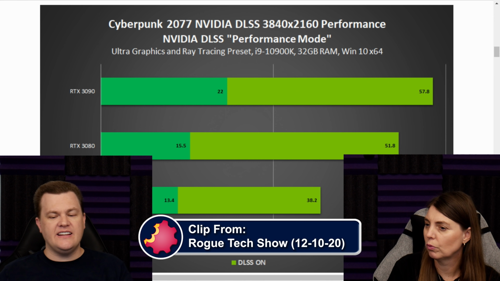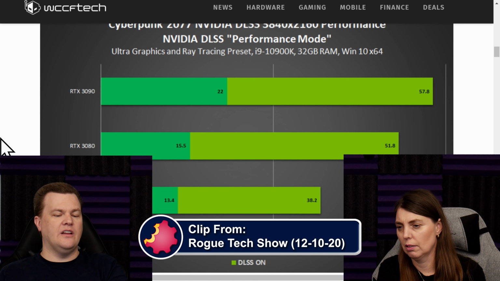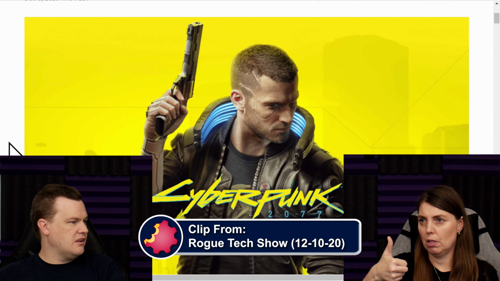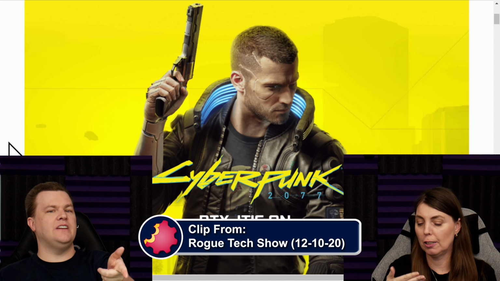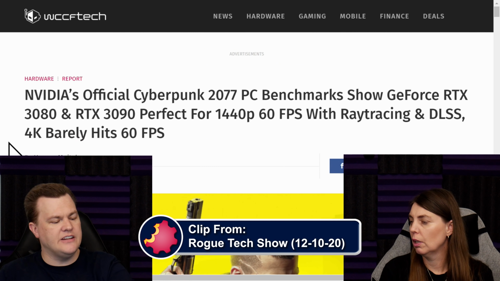Now, if you turn on DLSS, take a look at what the numbers go to. You get 51 and 57. That's not 60. But I don't want to dwell on this too much because if you actually look at the time of the article, this is pre-launch. Well, it's pre-patch. There was a day one patch, and the NVIDIA team released a driver set yesterday. And I just want to emphasize